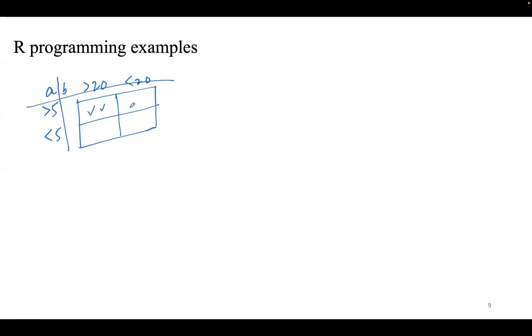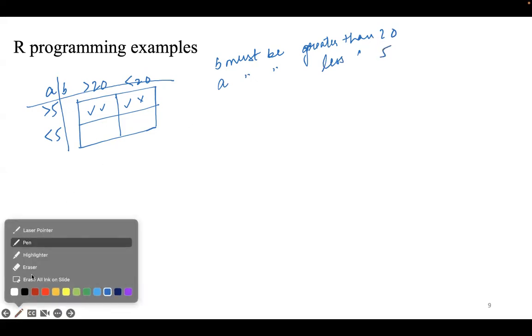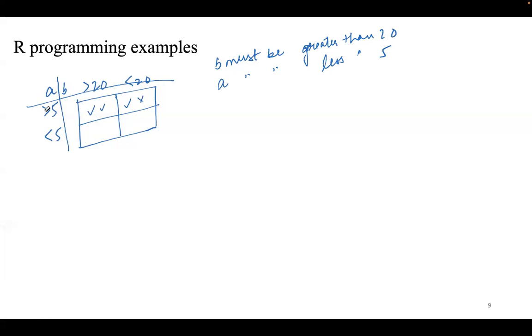Let's say the condition is B must be greater than 20 and A must be less than 5. If this is actually the condition that we're interested in,